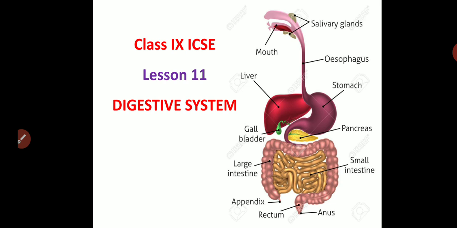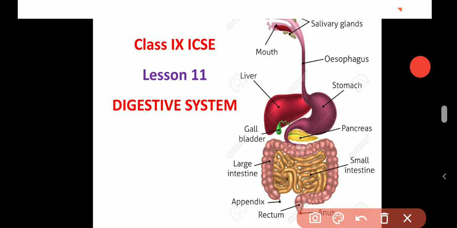So this process is carried out by this alimentary canal or the gut. The alimentary canal, as you can see, starts from the mouth, ends up in the anus. So what happens here? The food is put in through the mouth, that is termed as ingestion. Then as it goes further down, all the digestion of the food takes place, and then the food is converted into diffusible form which can be absorbed into the body. Absorption takes place and all the waste is then thrown out through the anus, that is egestion.